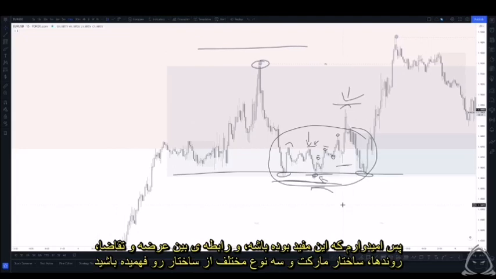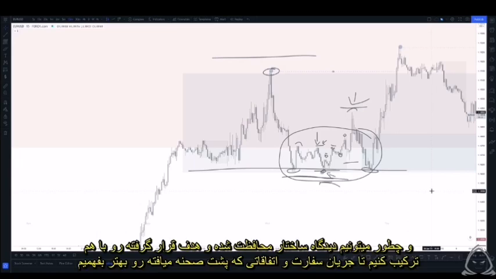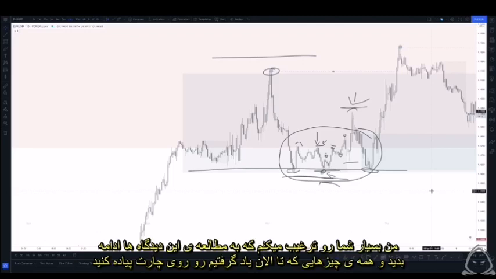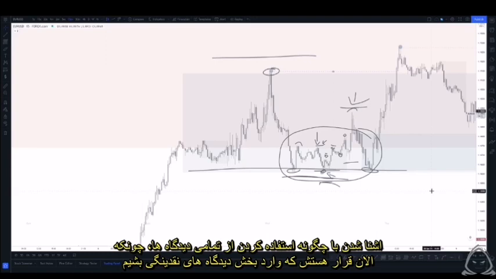So I hope that this was helpful in understanding the relationship between supply and demand, trends, market structure, the three different types of structure, and then how we can integrate the concept of protected and targeted structure to better understand order flow, to better understand what is happening behind the scenes. I highly encourage you to continue studying these concepts and integrating everything that we've learned thus far onto the charts and becoming incredibly familiar with how all the pieces come together, because now what we're going to be doing is